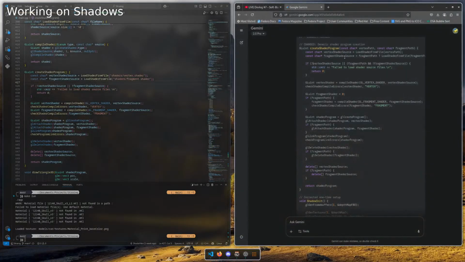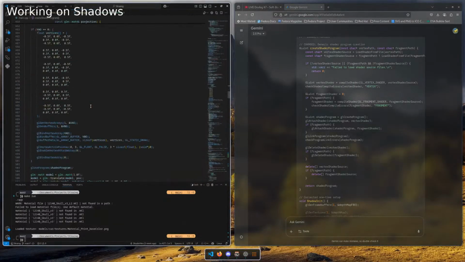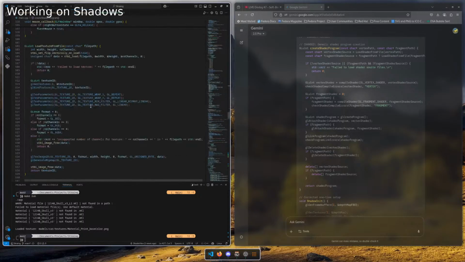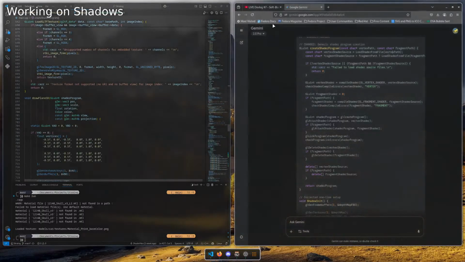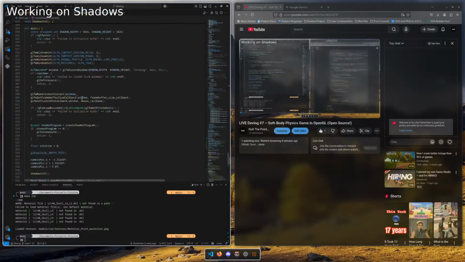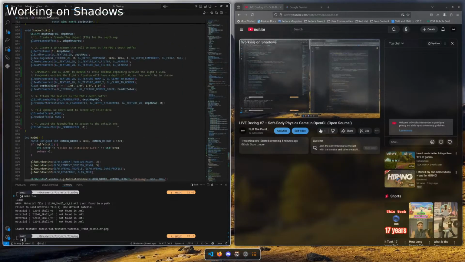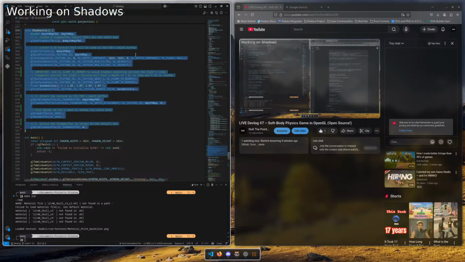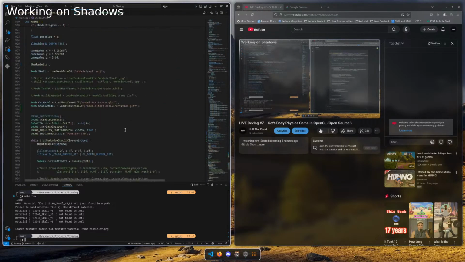Okay, you want me to load the shader from the file. That's actually how I do that. Let me take you to the main. Yeah, I think we copied this from Gemini yesterday.